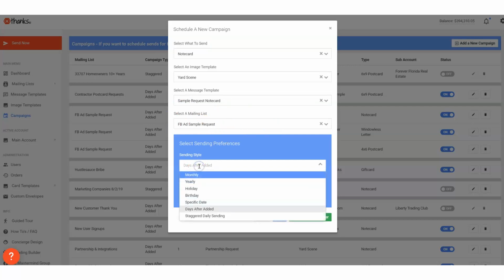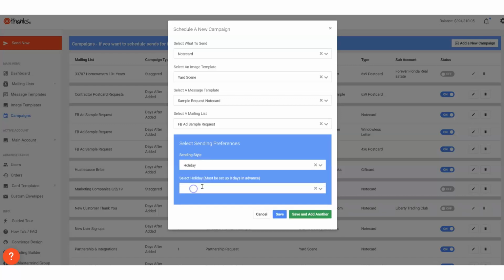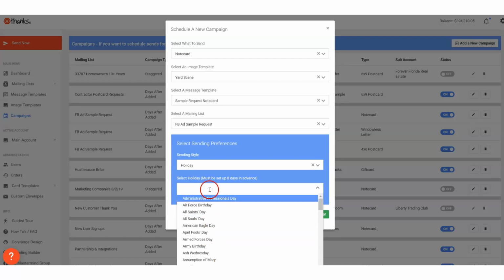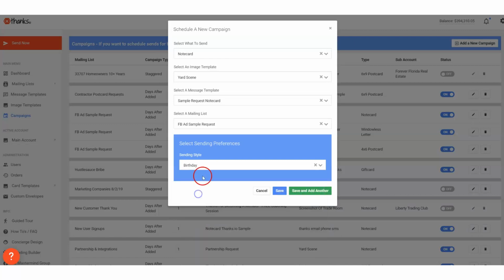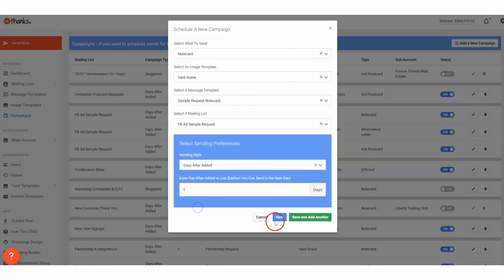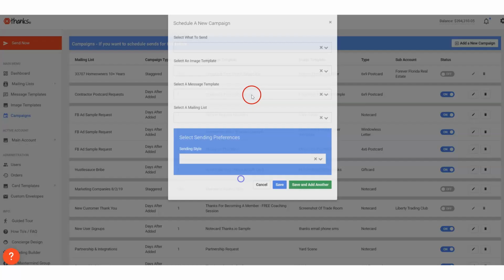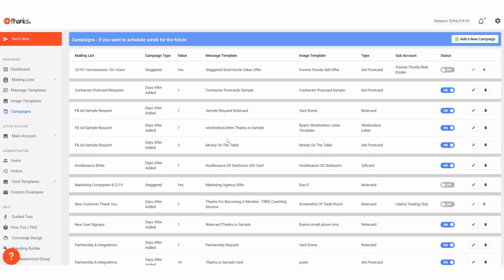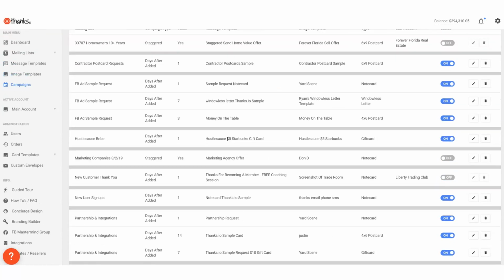You also have the ability to, instead of doing days after added like drip email, say, hey, send every Christmas, I want this card to go out. Or I'd like to send a birthday card. If you upload a list of birthdays to the system, you can automatically send birthday cards using the campaign functionality. Basically, the campaign functionality allows you to automatically send multiple touches of direct mail as people are added to your